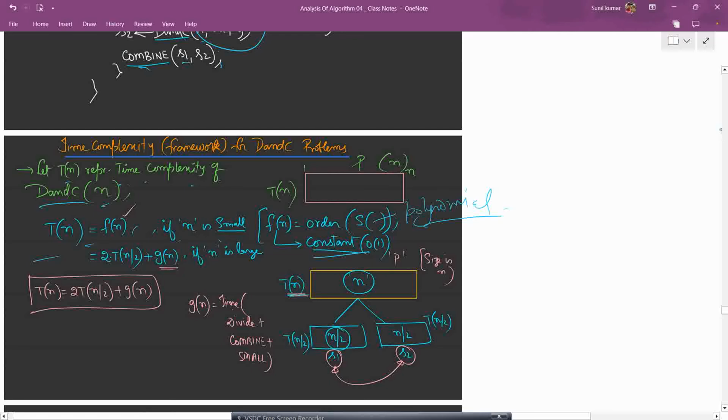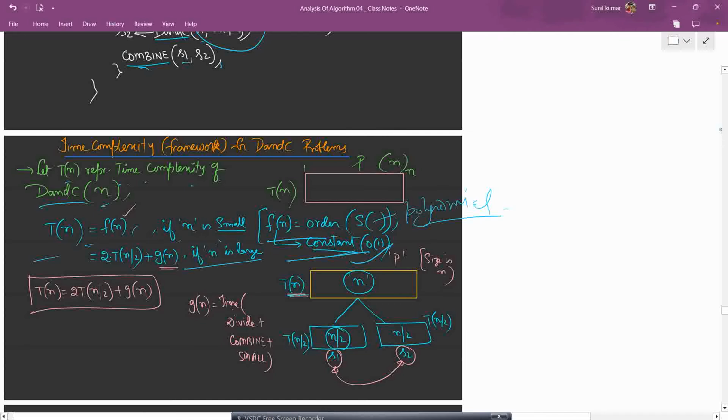So yeah, let's continue again. Order of f(n) here is constant. So the constant will be order of 1, and for this, order of S, this is a small subproblem. Else